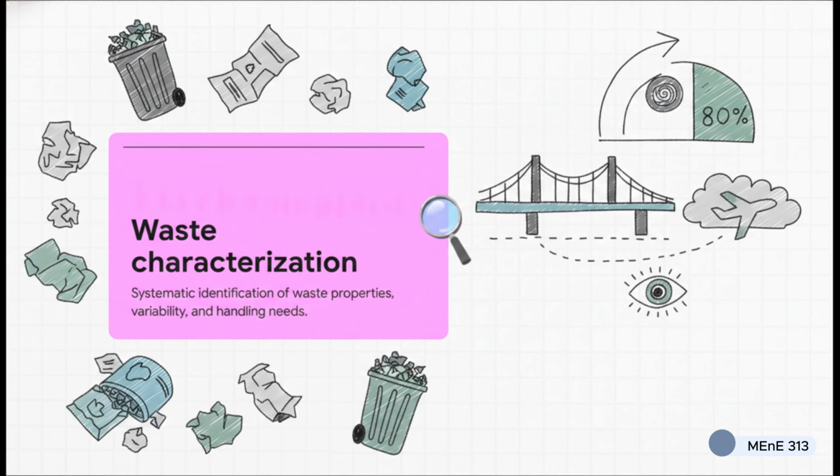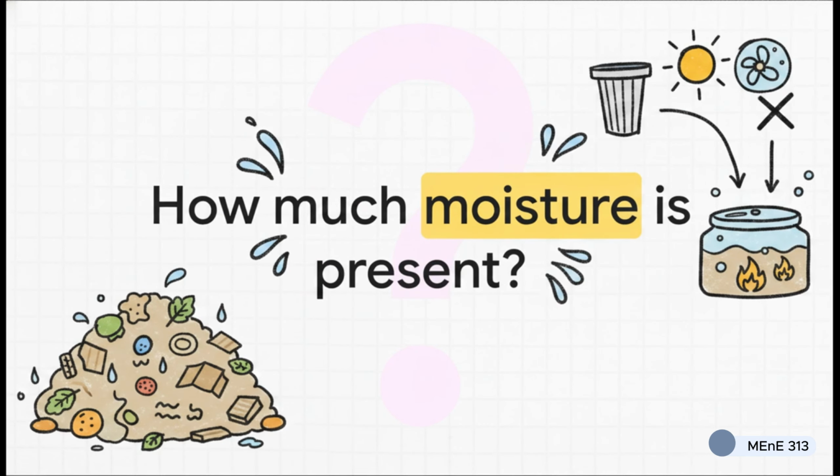Honestly, this is the 20% of upfront effort that will dictate 80% of your project's success. Without characterization, you are literally flying blind. So, how do we evaluate this feedstock? We apply the Socratic method. And the very first incredibly critical question we have to ask is simply, how wet is the material? That one detail immediately starts filtering our technology options.